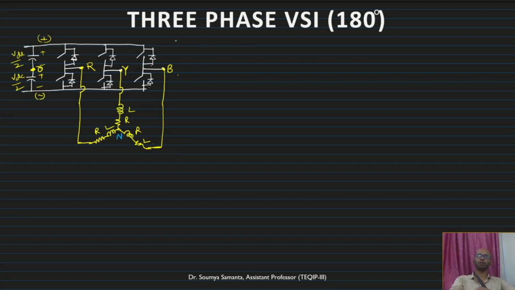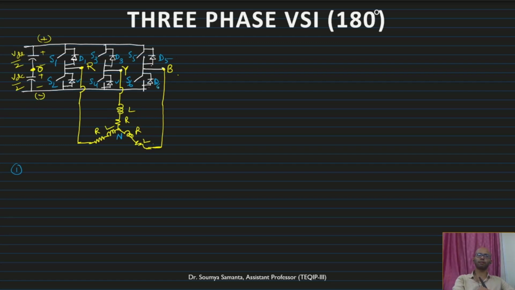Now first we have to find out the pole voltages, then the line voltages, then the phase voltages. For that we first have to understand how it operates. The main operation principle is that the individual switches are S1, S2, S3, S4, S5, S6, as I mentioned earlier. Correspondingly, these will be D1, D3, D5, and similarly D2, D4 and D6.